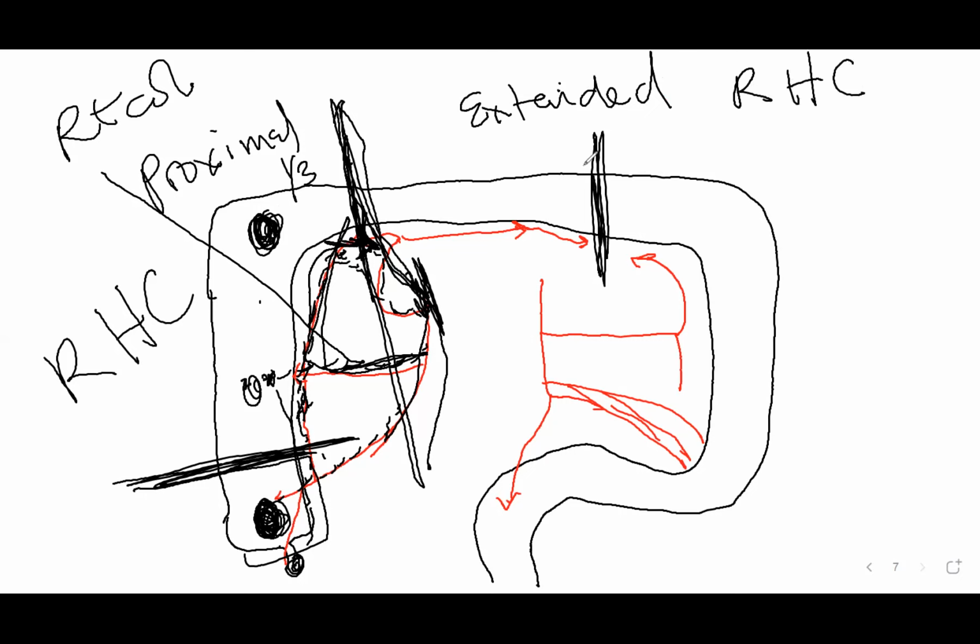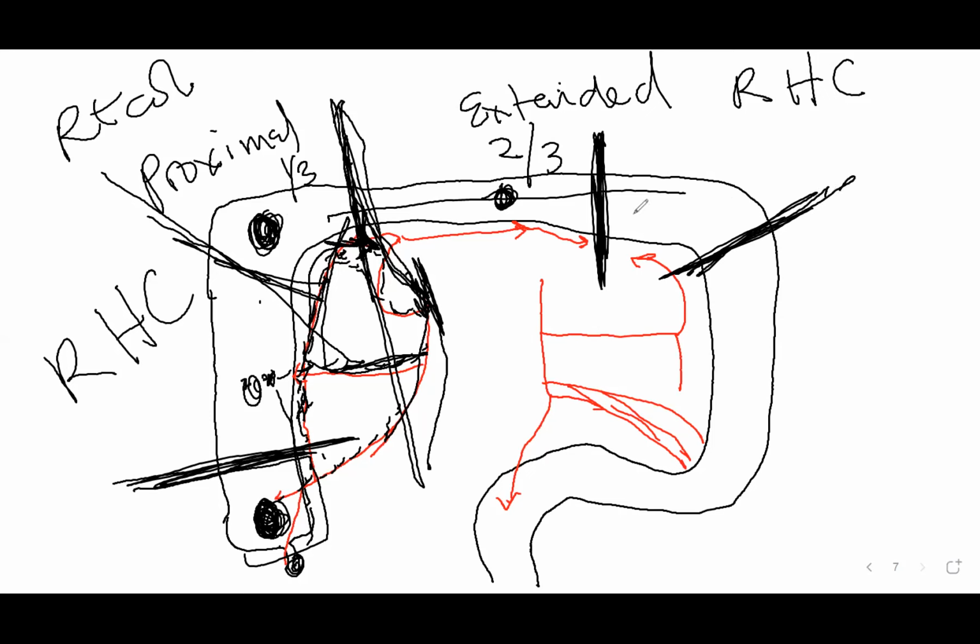You extend your resection to the proximal 2/3 of the transverse colon. That is called extended right hemicolectomy. If the tumor is in the transverse colon, you do what is called transverse colectomy. You just resect the transverse colon, including both flexures, both the hepatic and